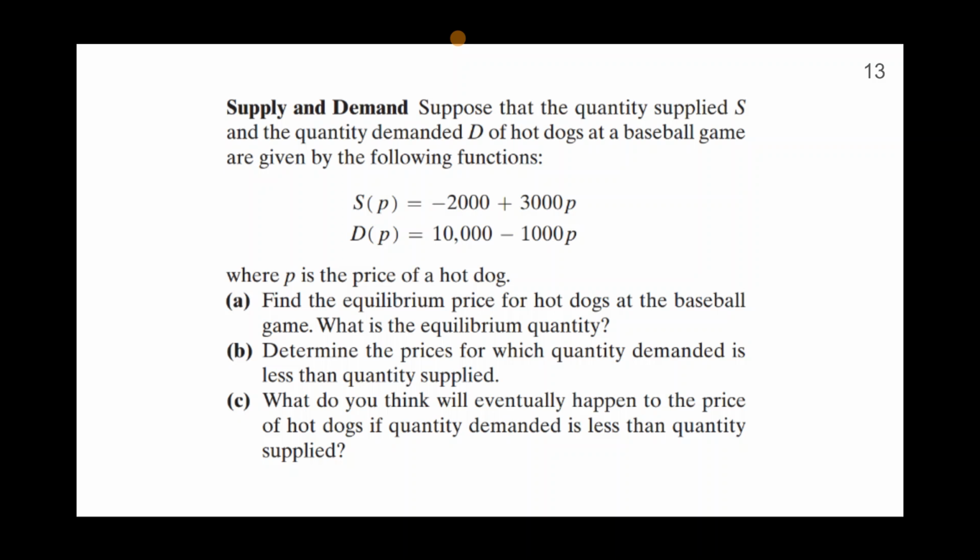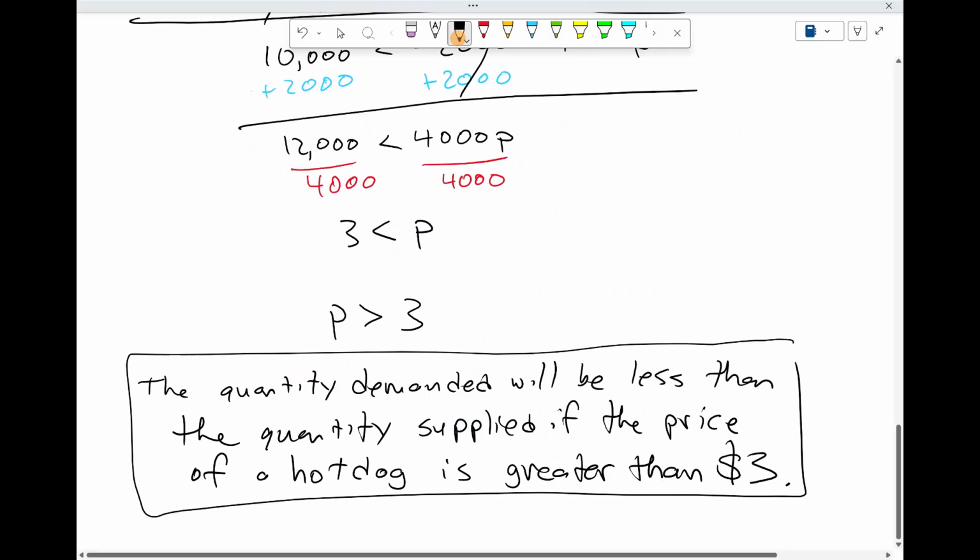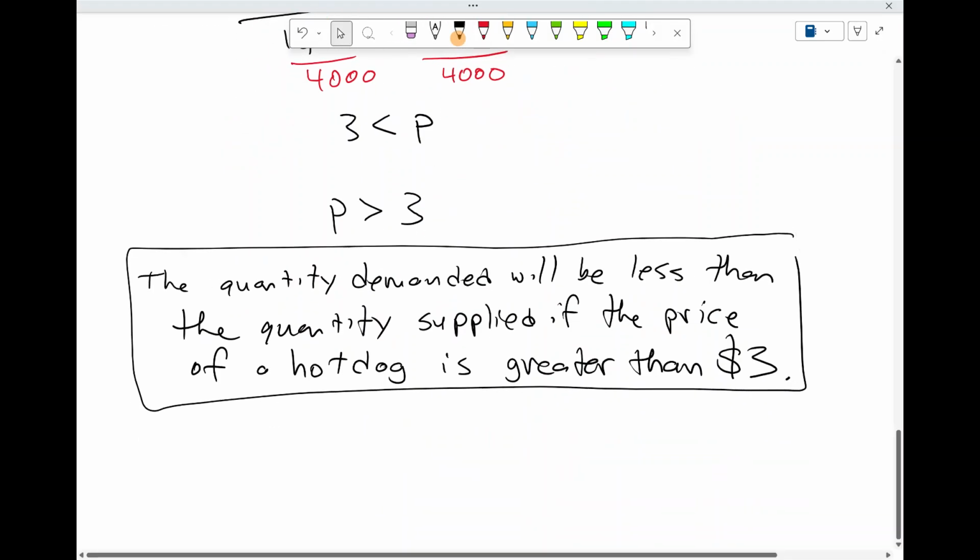All right, that's like the scenario we just talked about. So let's think about this. Let's say $4 is the price, and so every day that they're selling hot dogs, they're selling $4 hot dogs, and they continue to make more and more hot dogs than people actually want to buy. So at the end of the day, there will be extra hot dogs that just end up getting thrown away, and so that makes it less profitable